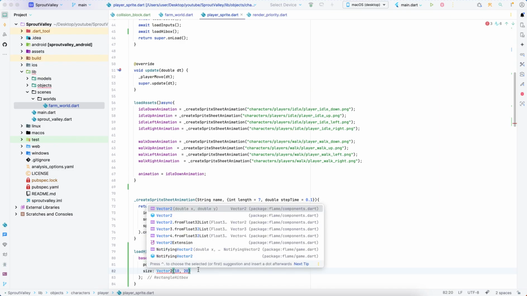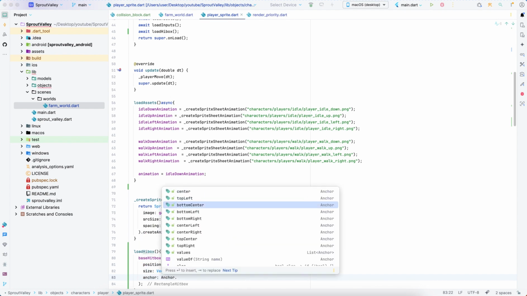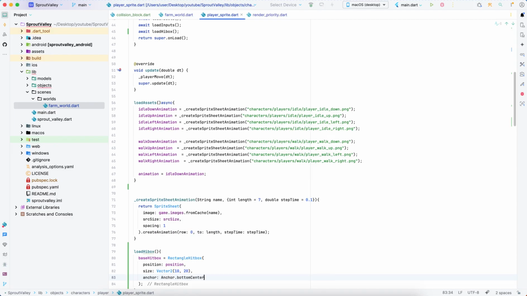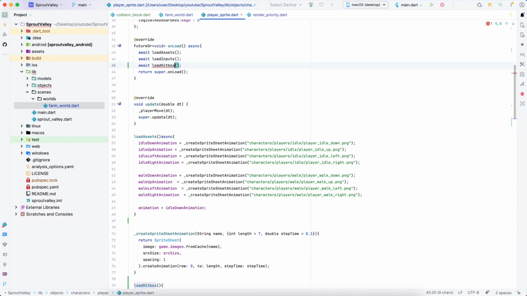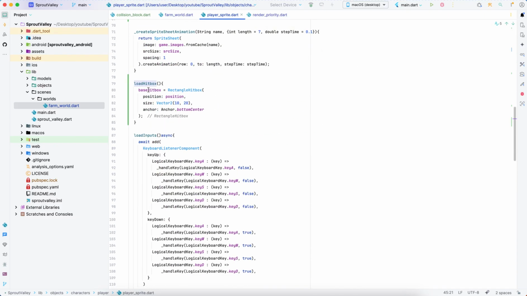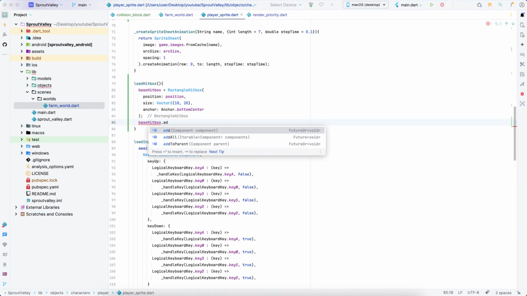vector 2, and then the anchor, I'm gonna add this bottom center. So I'm gonna add a hitbox, sorry, and then I'm gonna add this hitbox and add, oops,